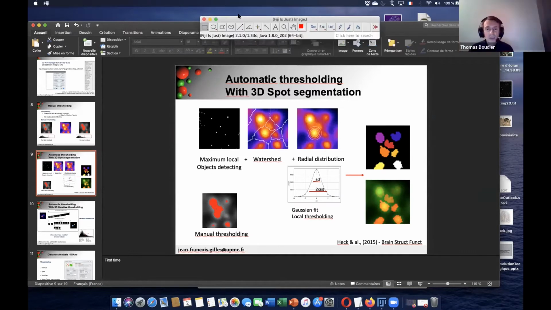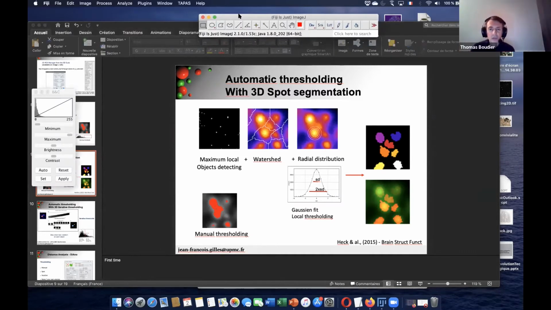The local maxima is like the center of the fluorescence. Usually the fluorescence is very bright at the center of the spot, and then decreases around the spot. So the local maxima will focus mostly on the center of the spot, if it's a spot. If it's not a spot, there's no need to do this. And this local maxima is like the seed. It's not exactly the center, but it's the seed to grow the object around.